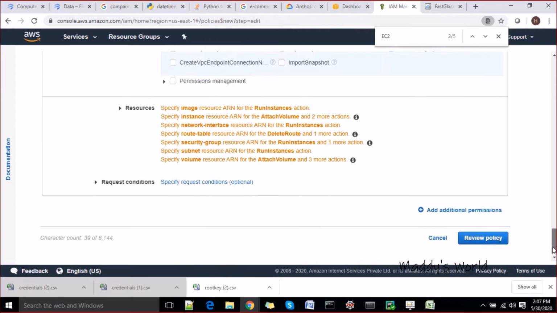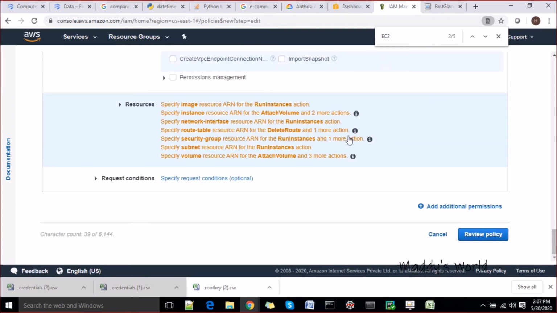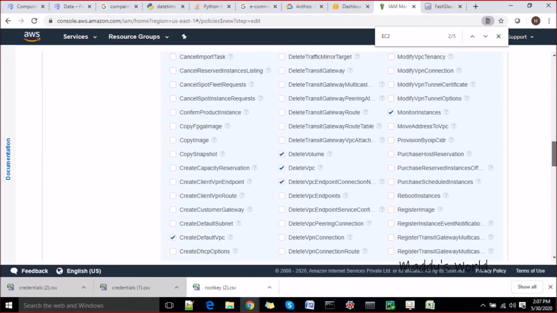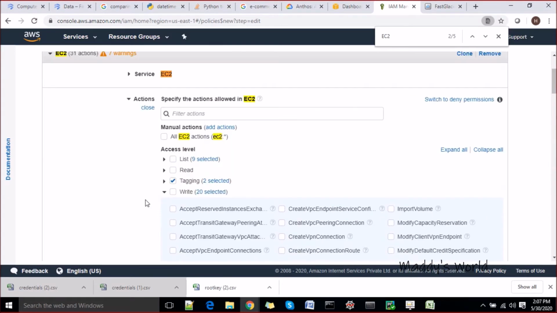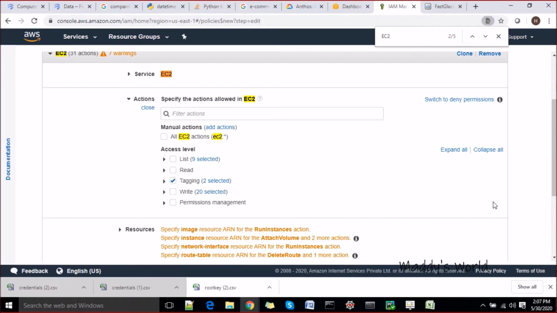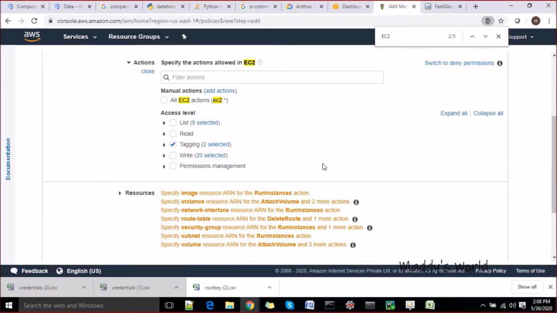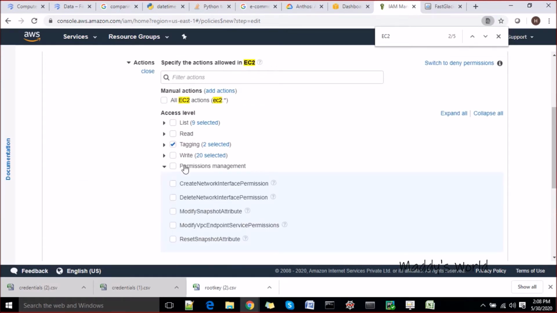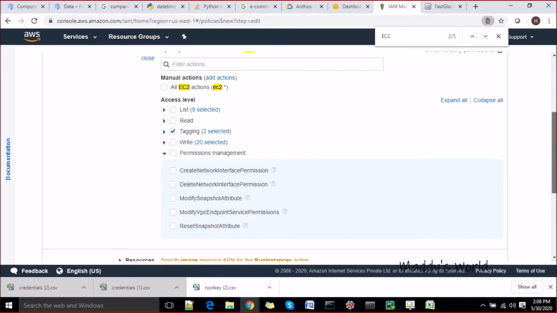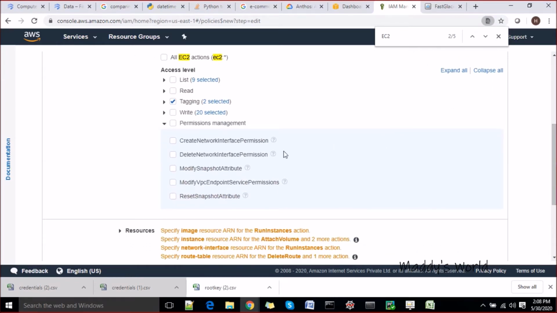That's fine, right? Now if you go to the resource section, I will go a bit up. Anyways, that's right. So we have this section now. Again we have the permission management section here. Do you want to give permission to these?